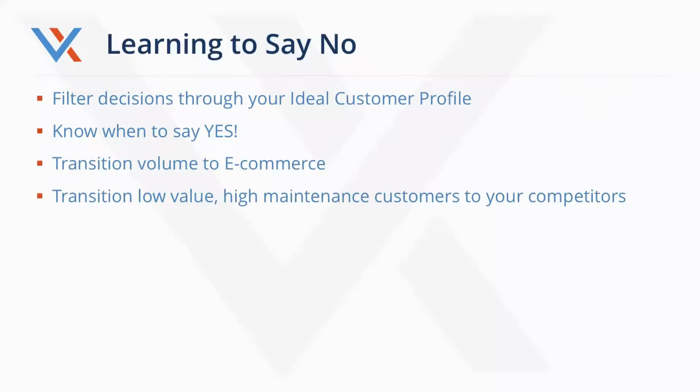The fourth is, and I know some people on this call have used this strategy, so I may have stolen it from them, the idea of transitioning low value, high maintenance customers to your competitors. There's really nothing better than taking somebody who's just causing you so much angst and saying, you know what, you may be better served by working with XYZ. And if you can push your high maintenance clients off to your competitors, it'll keep them busy while you're focused on your ideal customers. So just another tactic, another way to move people off.